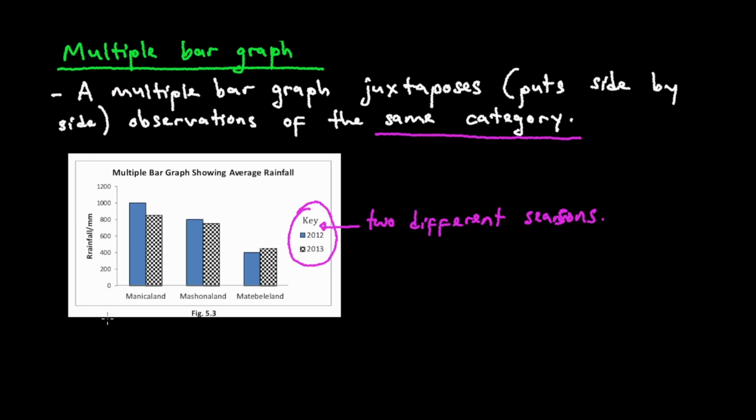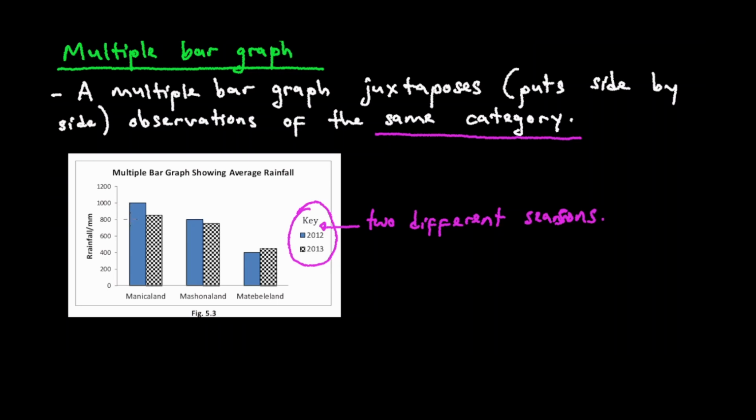But what is important here is to see that we are comparing different observations but of the same category. The categories don't change, it's still Manicaland, Mashonaland and Matabeleland. So when we look at the two different seasons, 2012 and 2013, and we want to know what was the difference in rainfall between these two seasons for Manicaland, the difference is simply subtracting